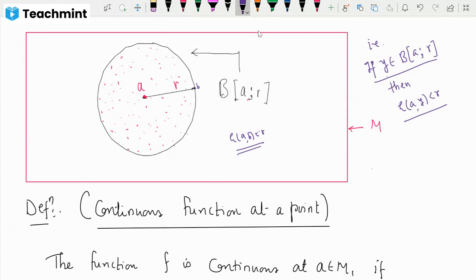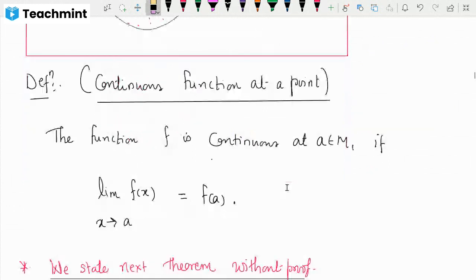Means these boundary points are not there, and that's why this set is an open set, and it looks like a sphere, and therefore it is called an open sphere. So it contains all points inside this sphere whose distance is less than r. Yeah, this is the definition of an open sphere, or open ball, you can call it.